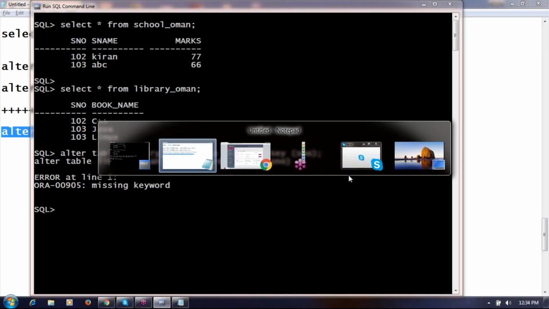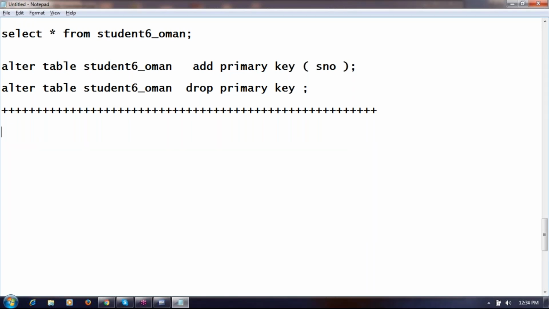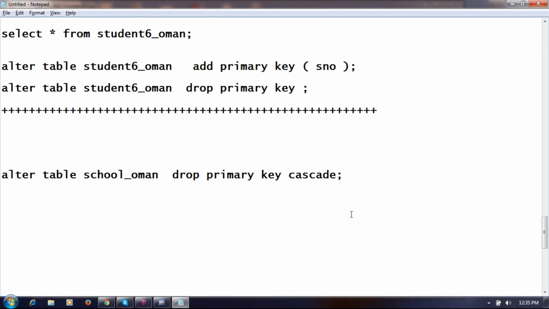I want to tell you something. Alter table school_Oman drop primary key cascade. Try to understand.